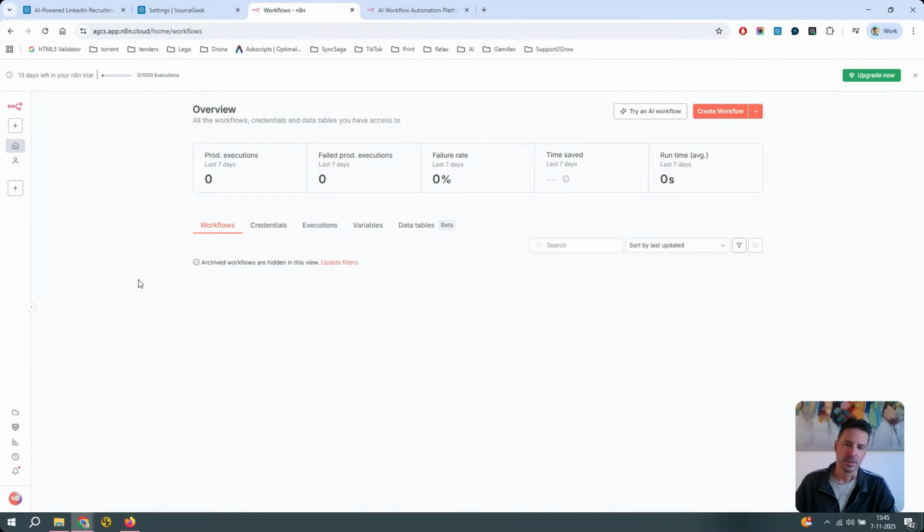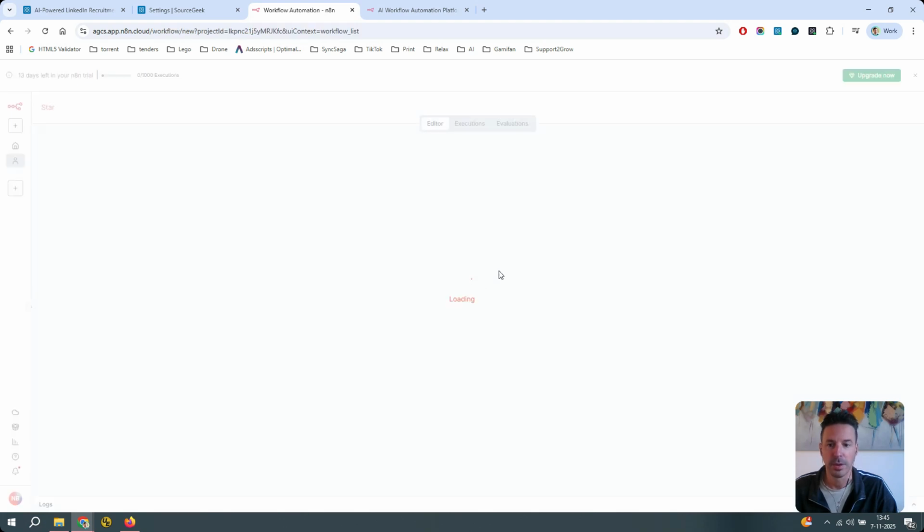So next up is that inside your n8n dashboard, you're going to start a new workflow and you're going to install this SourceGeek node. This is my empty workflow within n8n. I'm going to create a new one,